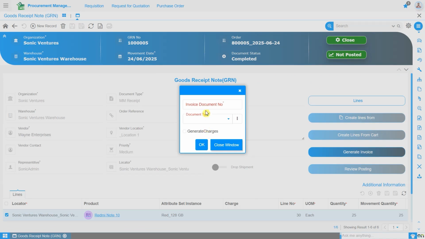You'll then need to provide the invoice reference number as received from the vendor. For example, let's assume the reference number is AP 100005 for this particular invoice. Next, select the appropriate document type for the invoice. If there are any additional charges, such as warranty or freight, included in the purchase order that you'd like to carry over into the AP invoice, you can do so by